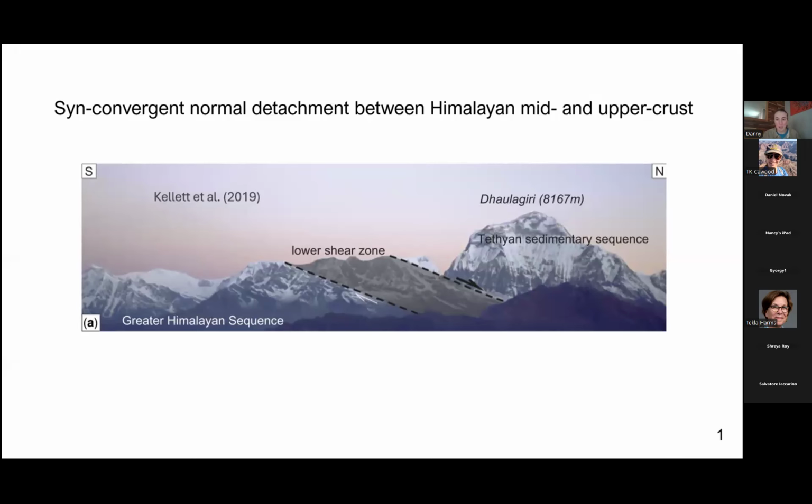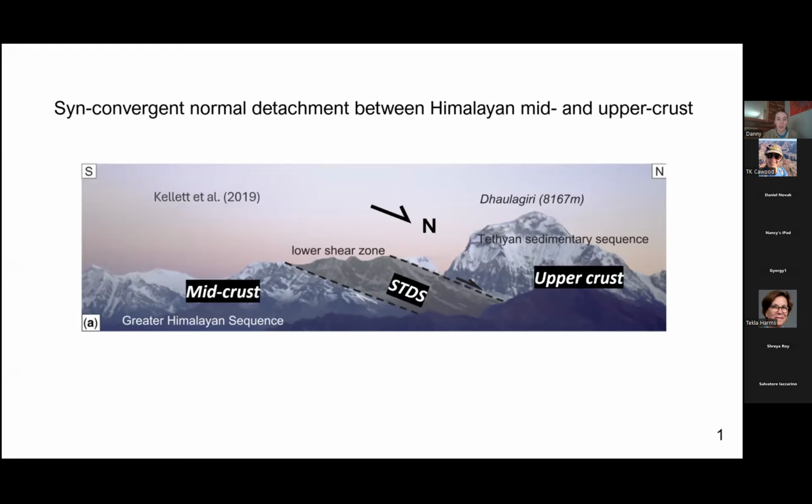The South Tibetan detachment system, or the STDS as it is abbreviated throughout the slides, is one of the first order structures in the Himalayan orogen. It runs parallel to the strike of the orogen and it can be traced along its entire length, that is over 2,000 kilometers. In short, it is a normal sense detachment that separates the Himalayan mid crust from the Himalayan